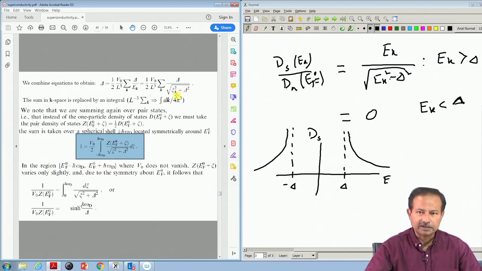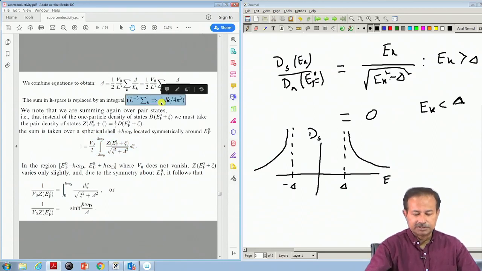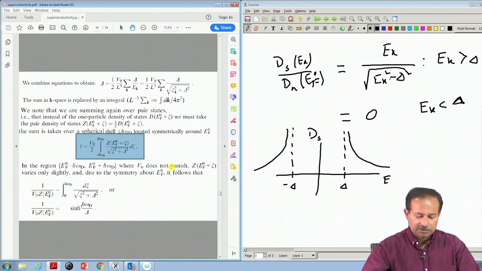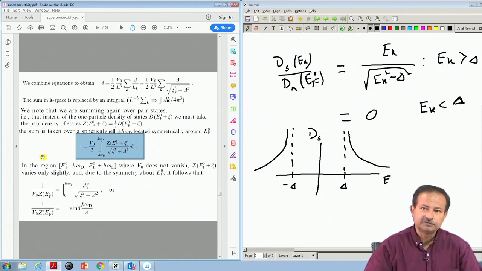See, there is no explicit k dependence except through epsilon of k. So, you can convert it first to an integral, and that integral to an integral over the energy. So, life becomes much simpler, because this is a 3-dimensional integral over k, and now it is an energy integral, and this is what we did all through. Now look at where delta appears. Delta appears in the denominator, in this integrand, and so you have to do the integral and then invert this to get the value of delta, and that is exactly what is done.